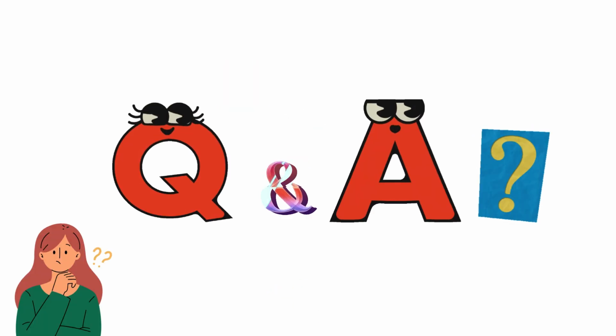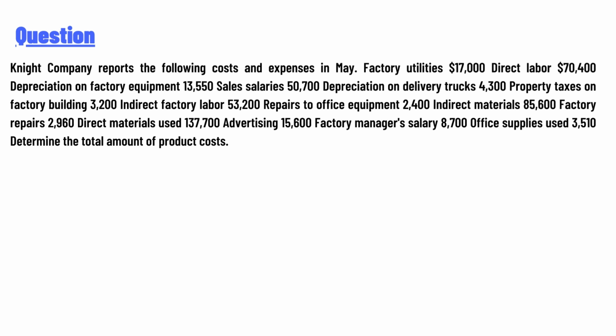So our today's question is: can I complete reports the following costs and expenses in my factory? Utilities 17,000, direct labor 70,400, depreciation on factory equipment 13,550, sales salaries